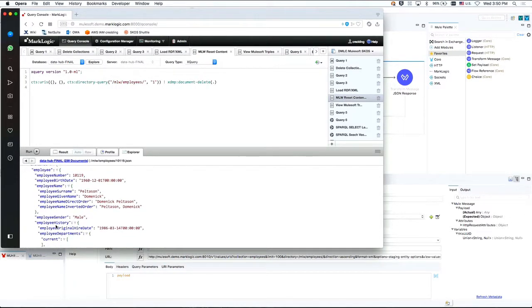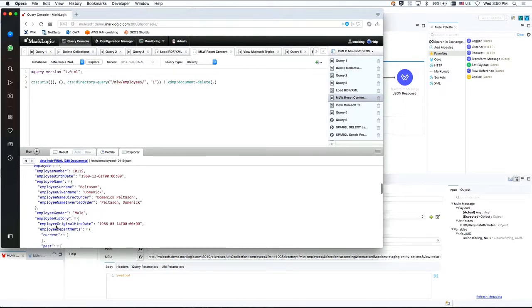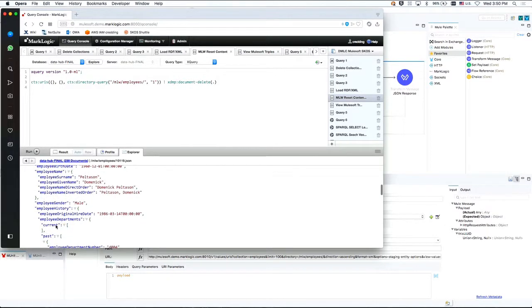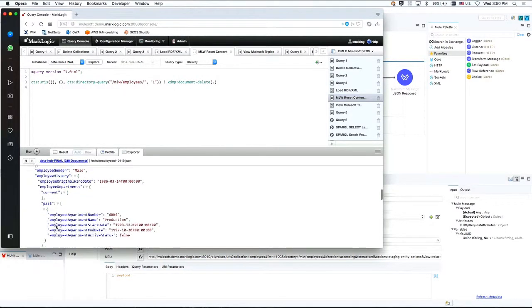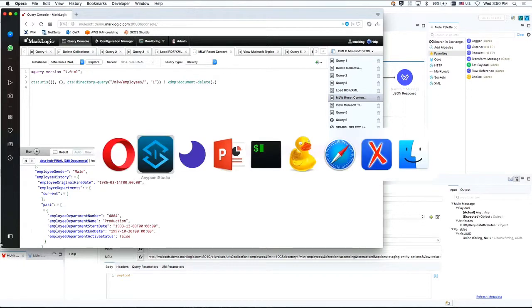And so now you can see that this instance data actually has quite a bit more to it. It has our employee information, and then we get our department information as well. So we can see that this employee in the past worked in the production department. And then finally,